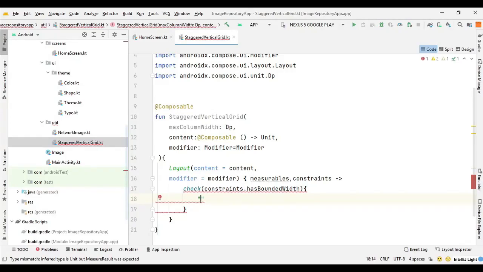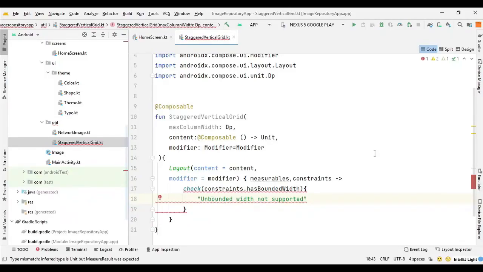So we can say unbounded width not supported. So what it does, it will return true if it has a finite value for the max width. Otherwise it will return false and it won't create the grid.